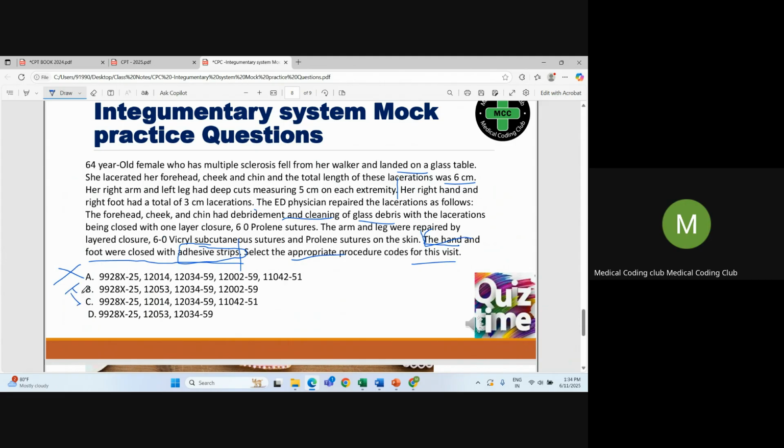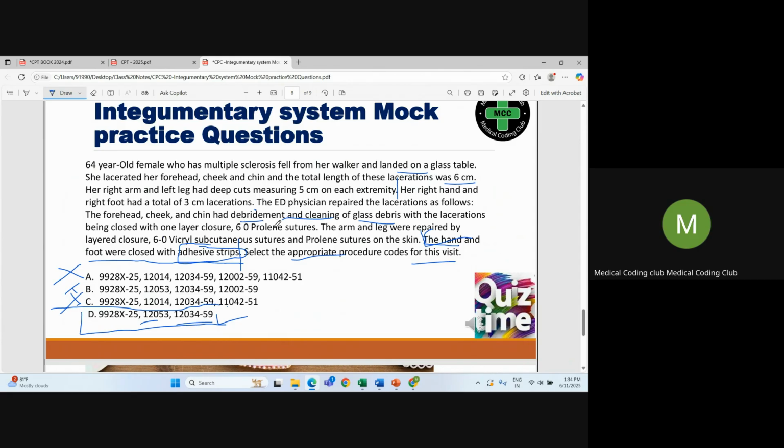Option C is also incorrect. In option D, you can check 12053 and 12034 with the 59 modifier. Option D is correct. And if you see 11042 thinking cheek and chin had debridement and cleaning of the glass debris,